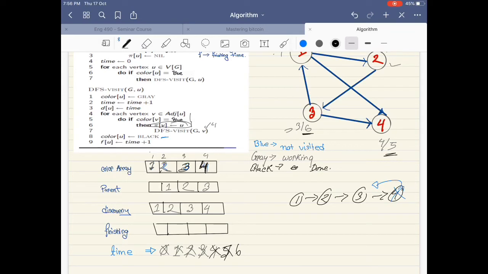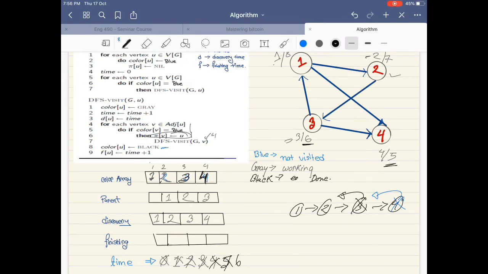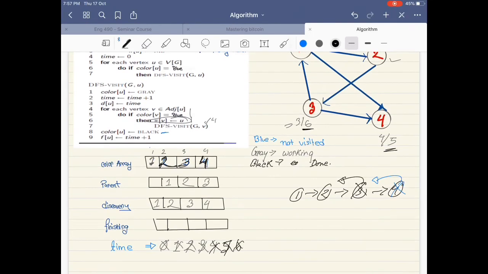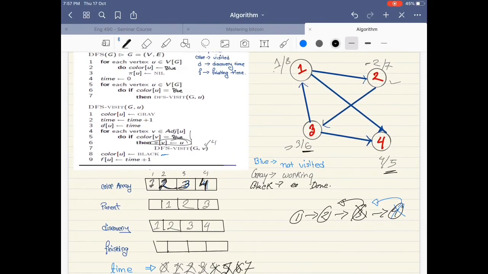Okay, so who called 3? 2 called 3. So we go back to 2. So does 2 have any adjacent nodes here? So it had 3 only, but we are done with 3, so it doesn't have anything else. So we don't do all this process here. So we go back here, we make 2 black. Okay, now we increase the time by 1, so 7 here. So we have 7 at the ending, and